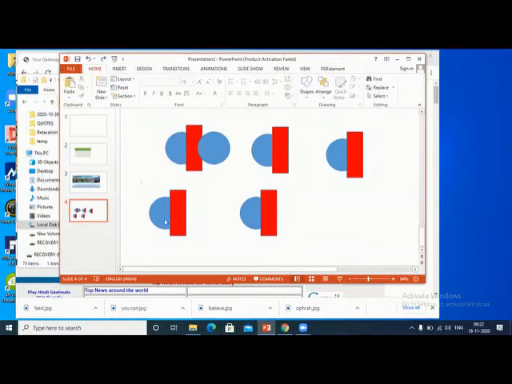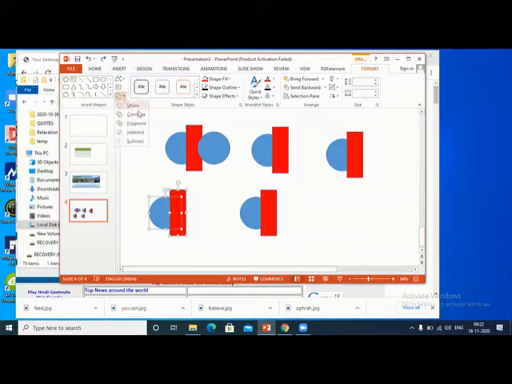Okay. So I selected these two, union. That means combine together. Second one is combine. See the difference between union and combine? Union means it joins together and it becomes one object. But when you use combine, what happens is it joins together, and at the same time the common area is removed. So this is the common area. That portion has been removed. So that is what happens in combine. Join together, at the same time it removes that common area.